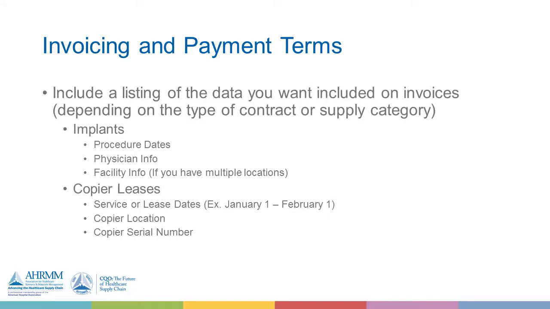Another quick tip for you is to make sure that those invoices have the information that you need on them. And this is really specific for those physician preference items, those implants or those bill onlys. Make sure that invoice includes the patient name, or at least the account number for the patient. Make sure it has the physician information on it so that you can go back and track that at a later date. Talking about another category, if you're looking at your copier lease invoices, you want to make sure that invoice tells you the serial number of the unit that it's covering, also a location if you can, and then service or lease date